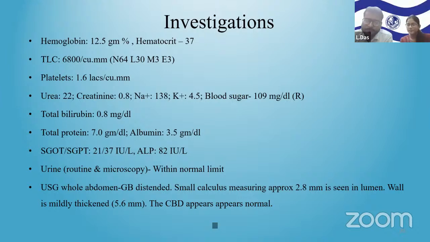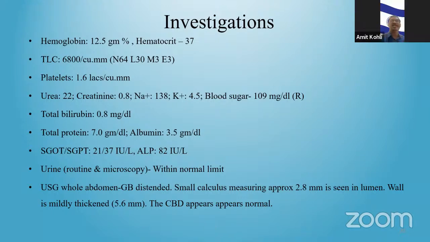To all the postgraduates who are listening to us today, your examiner can ask you the anesthetic considerations of laparoscopic cholecystectomy in the viva or it can be your theory question also. So you just divide it into three parts whenever you are answering: considerations related to pneumoperitoneum, considerations related to increased intra-abdominal pressure, as well as position-related considerations. And lastly, mention that your patient is a hypertensive patient also, so some considerations related to hypertension during anesthesia. That makes your answer complete.